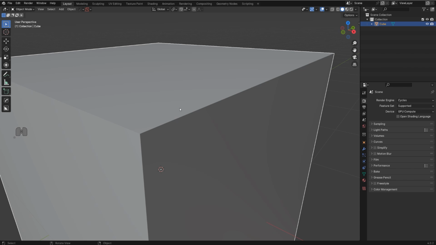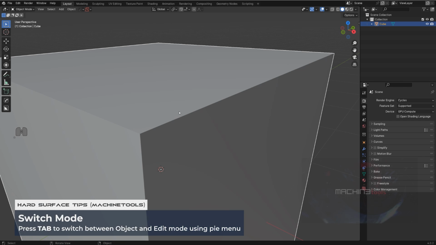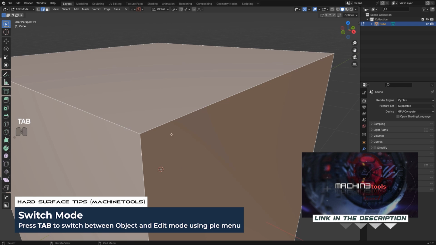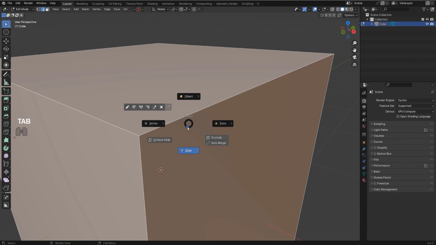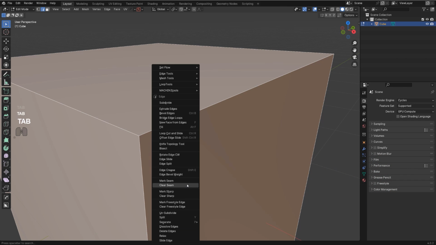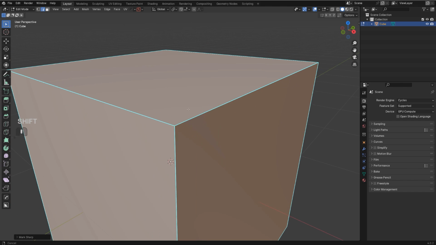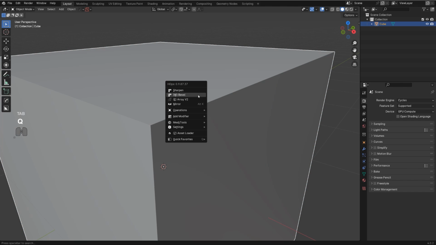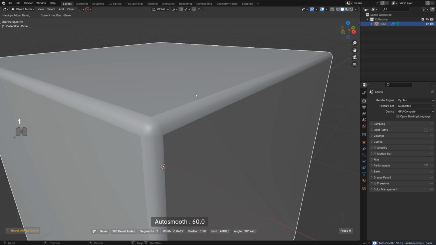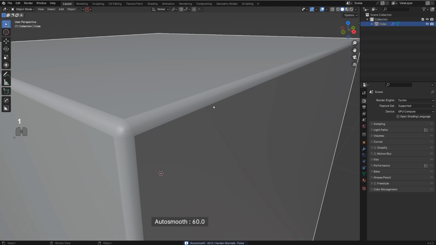Now, a very important thing to understand when you're working in Blender is to avoid sharp edges whenever you're running a bevel. So let me show you. If I go to edit mode, by the way, I'm using machine tools to do that, and I'm gonna go to edge mode and right click and add sharp to all these edges above 30 degrees angle. Now if I'm gonna run bevel,